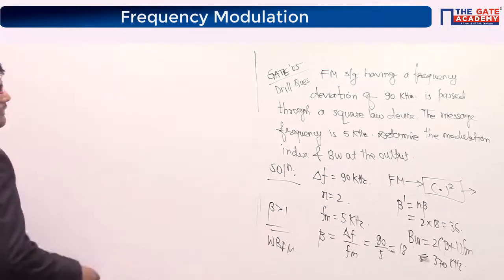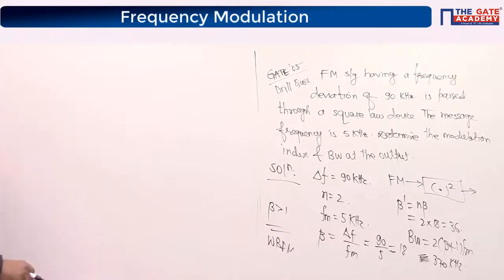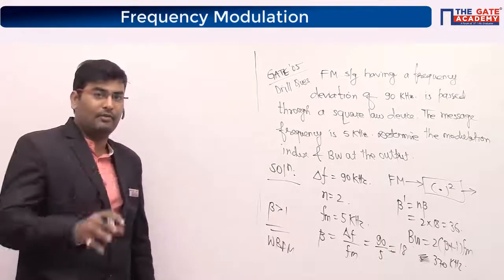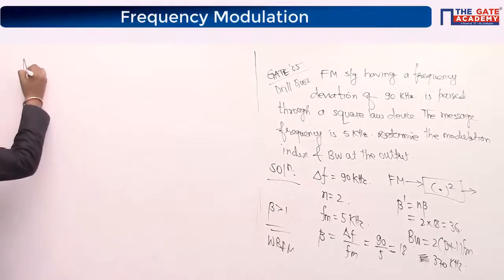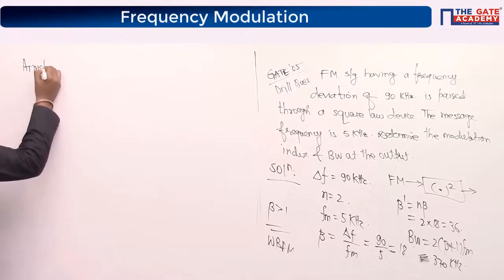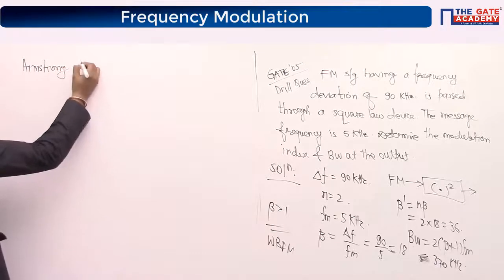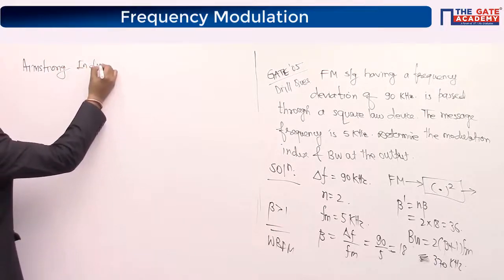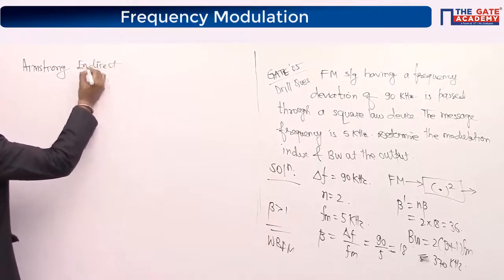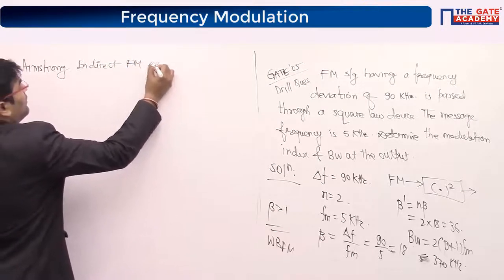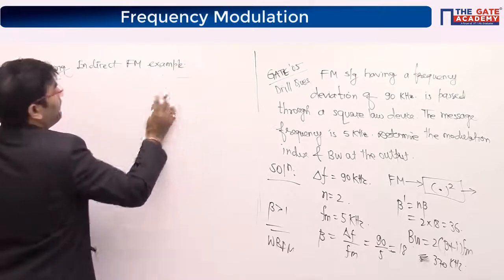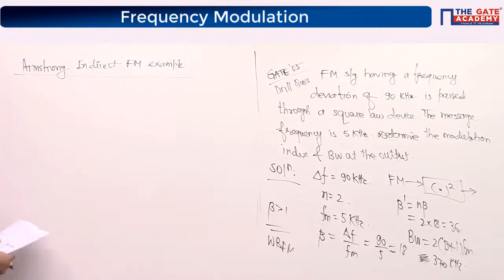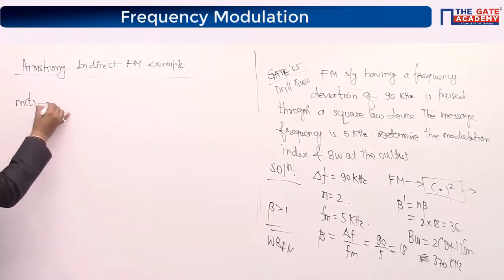So guys, one important thing I'm going to write, and this will be in the flow of block diagram, so you will really enjoy this. So let me take, under the heading, Armstrong indirect FM examples. So you'll definitely see the whole building block of flow, where it starts and where it goes. So you have a message signal m(t).